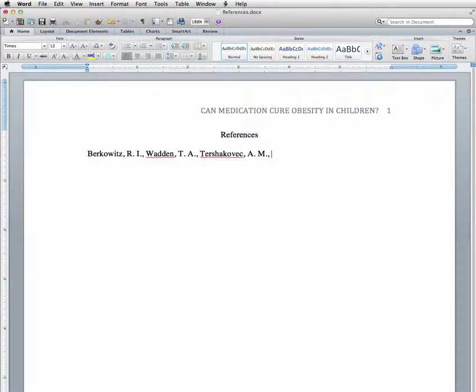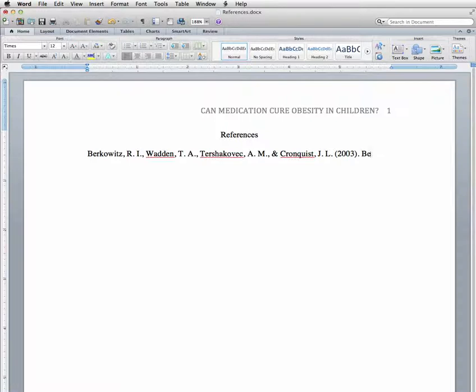So I'll finish typing out the author list. Cronquist is the last one. Make sure you put that space in between the initials. Then a space in the year of publication, in parentheses with a period after it. Then you begin typing the title of the article, and only the first word is capitalized unless that word follows